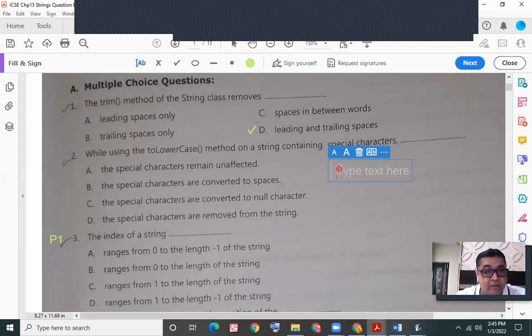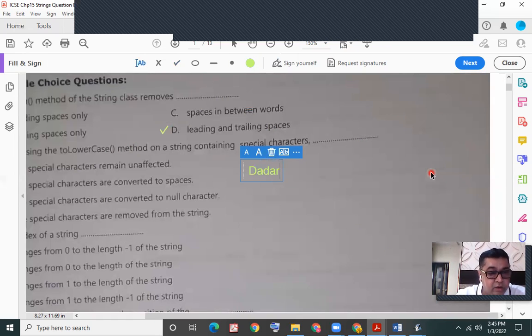Say the string has Dadar, Mumbai - 400028. So this comma is a special character, space is a special character, hyphen and dot are special characters. What will happen to them in this case?